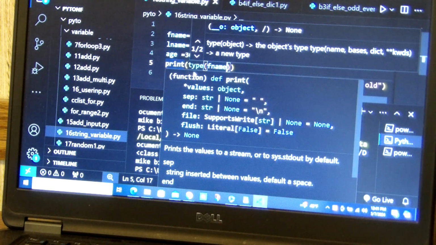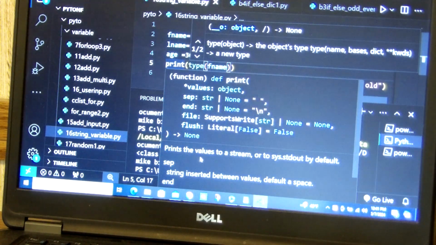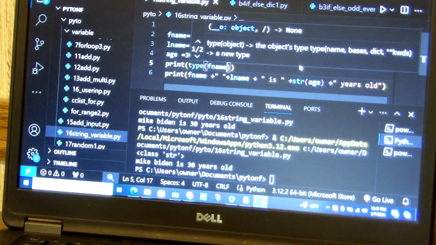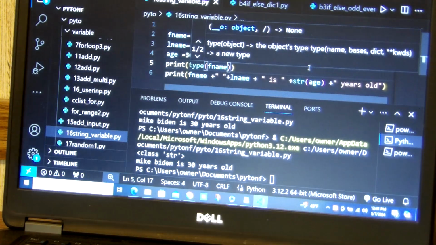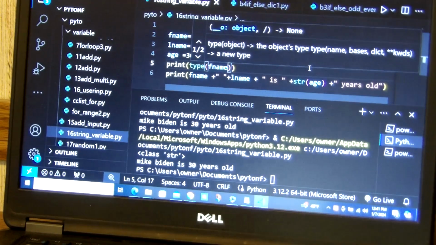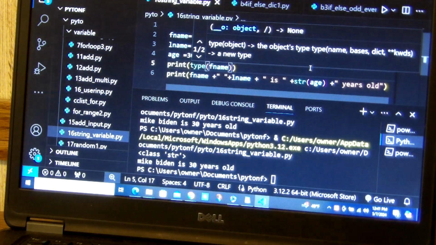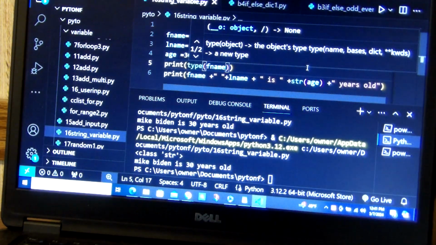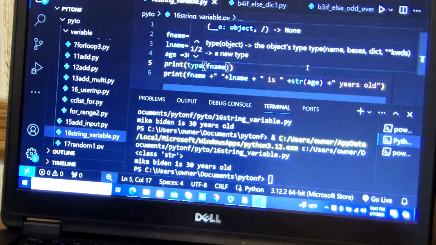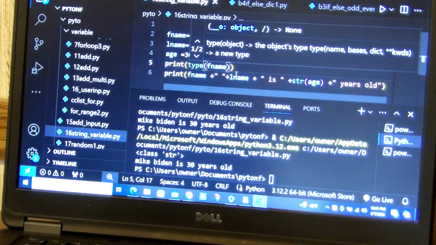This one showed the type. This is one of the things you use anytime you want to know what kind of data type it is. A data type is either integer, float, or string. So we can talk about the type, what type it is, and then